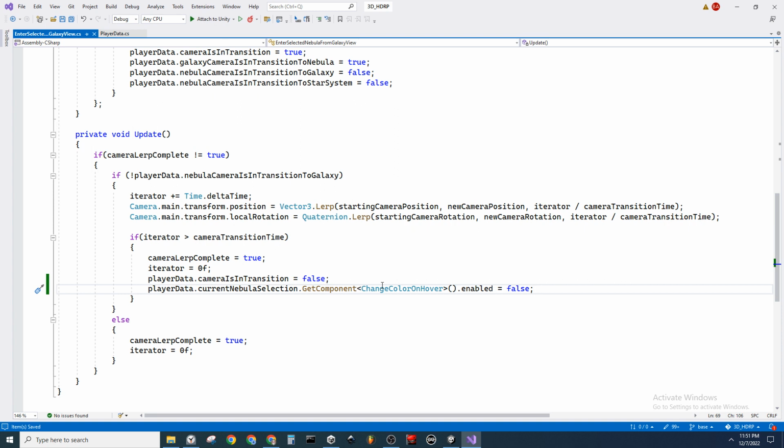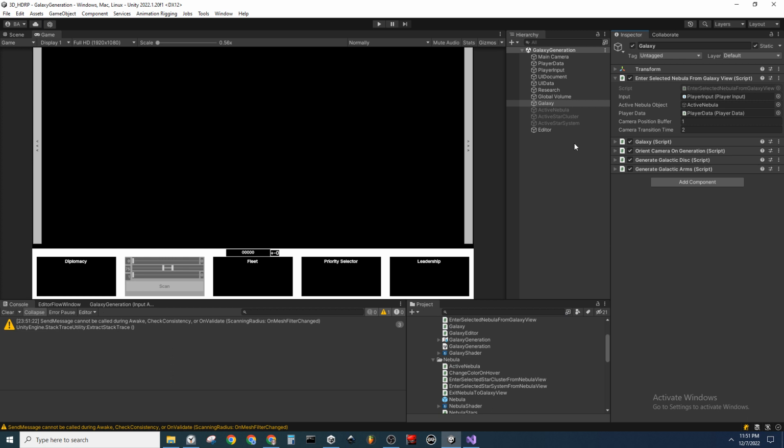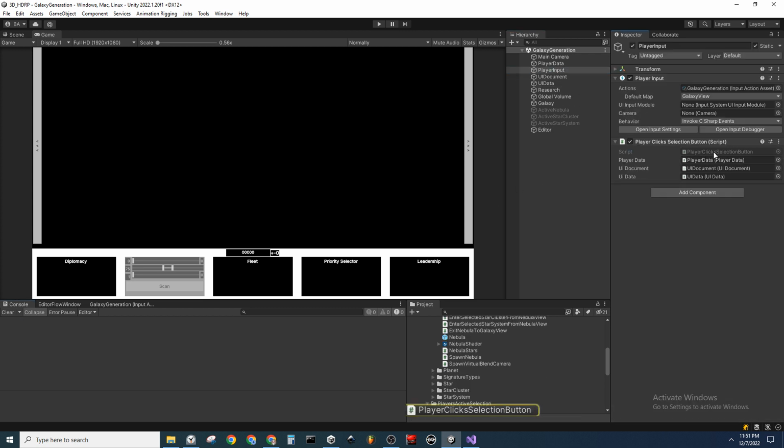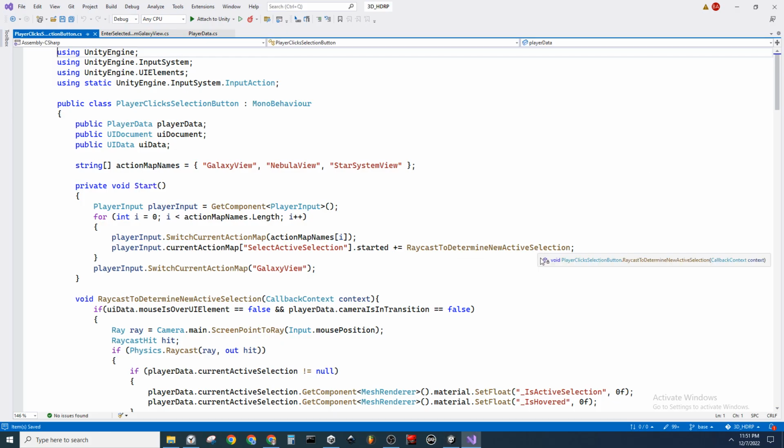once we're inside the nebula, it can't act as a hoverable. And to the same extent, we're basically doing the same thing on mouse down. So on mouse down,